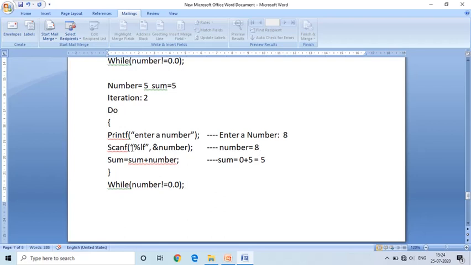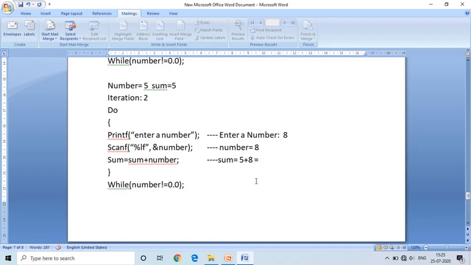After storing that number, the third instruction is sum is equal to sum plus number. Right now sum is equal to 5. As per the memory, the sum is equal to 5 and the number variable consists 8.